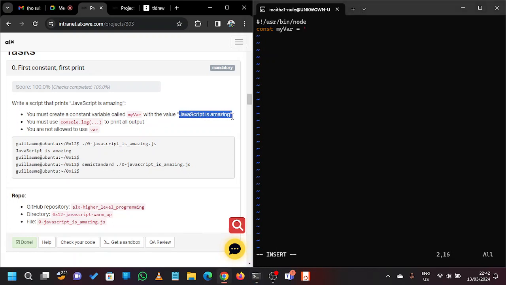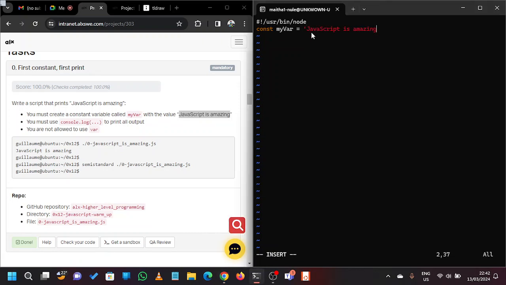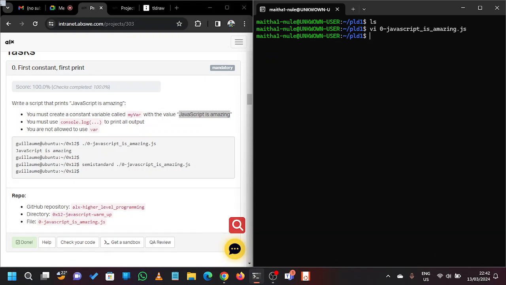Yeah, let me just copy paste this. So just like that. And also now while printing, how should I print this? Console.log into brackets myvar, then a semicolon at the end. Just like that. So if I run that, I think it's supposed to be okay. So node